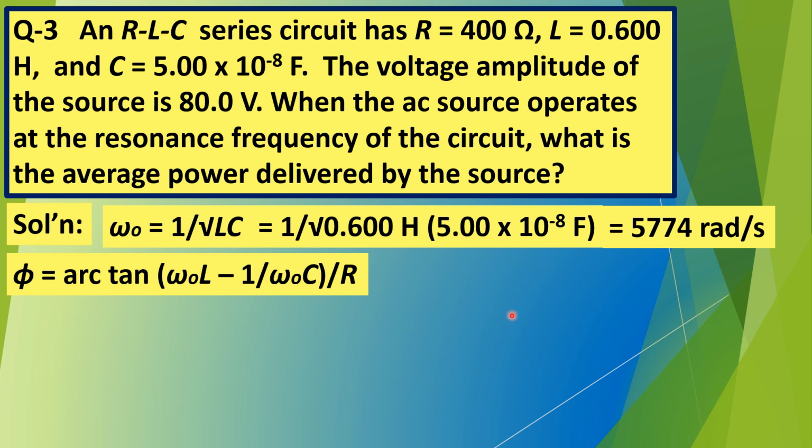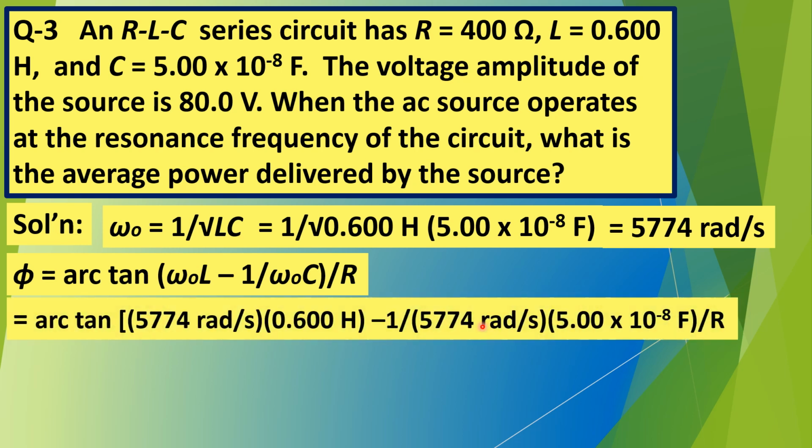All right, but just to make sure that the value of the phase angle phi really is equal to 0, let's try using the formula for getting the phase angle phi using arctangent. Arctangent of the ratio resonance frequency omega naught times L minus 1 over omega naught capital C divided by the resistance R. Substituting,